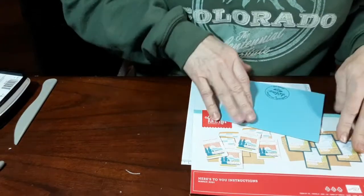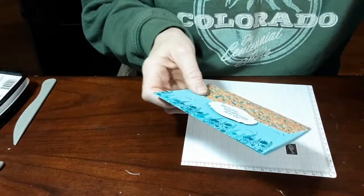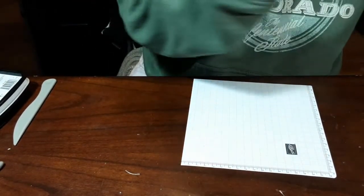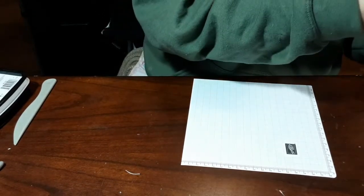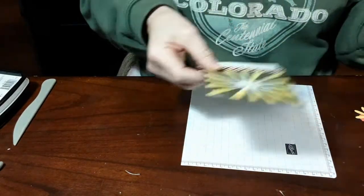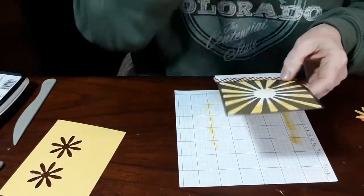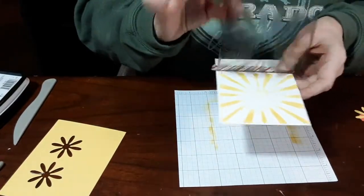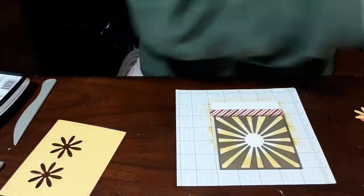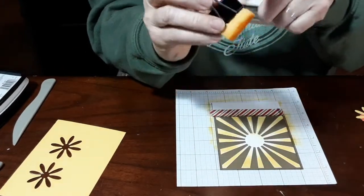So what I'm going to do is jump in before I go into my alternates, and show you just a way that I went through and took one of the samples and how to do that. If you just take, I already started it, but it's just a white piece, and I've done washi tape. And if you take your sponge, now I use the binder clip at the small end of the pie,